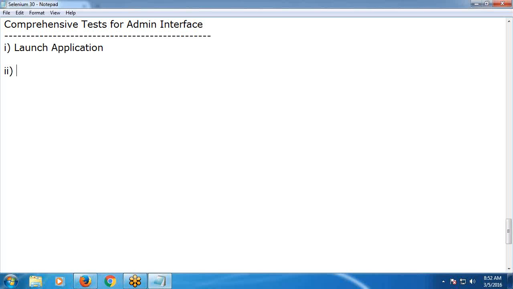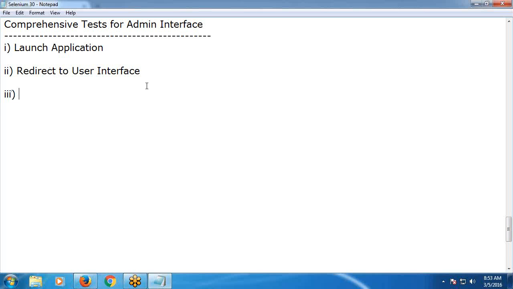Login. Before login, one feature is there, right? Online catalog. Redirect to user interface. Why should we go there, sir? If we are admin, sometimes you need to check the reflections. Suppose you add one product in admin interface, you need to check that reflection in user interface, before add and after add. In many ways you can check that reflection: using database, using admin front end, or using user front end. Next,